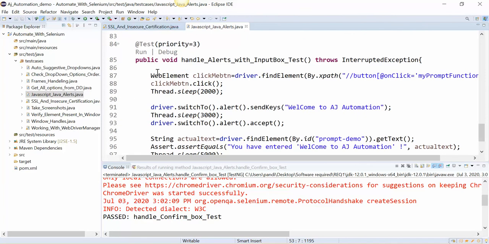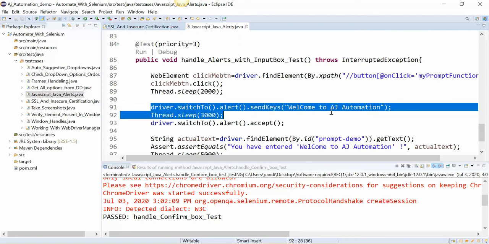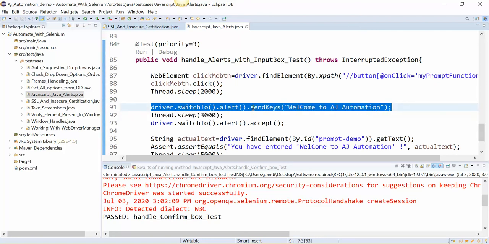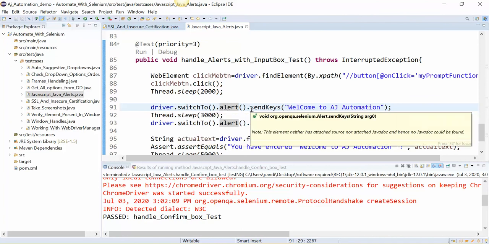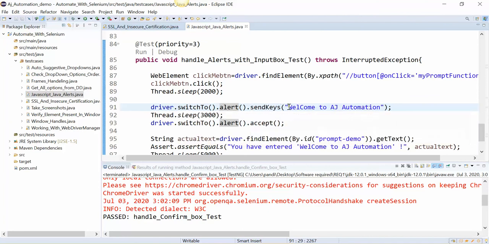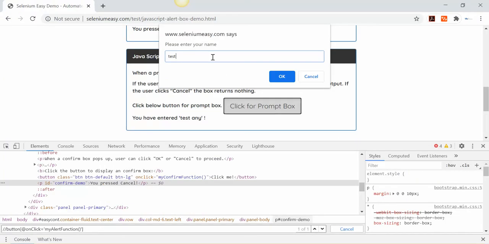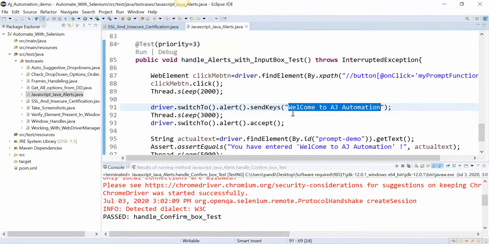When you click on that button, we are going to send this text. Driver dot switch to dot alert dot send keys, means this text will be entered in this text box. Okay, and then we are going to click on OK button.